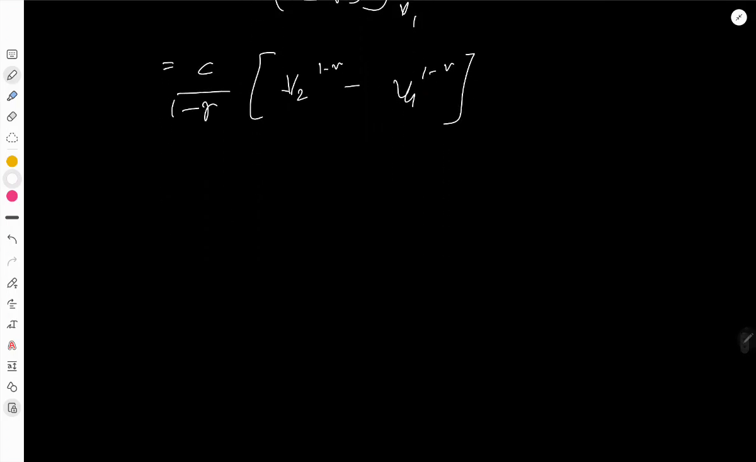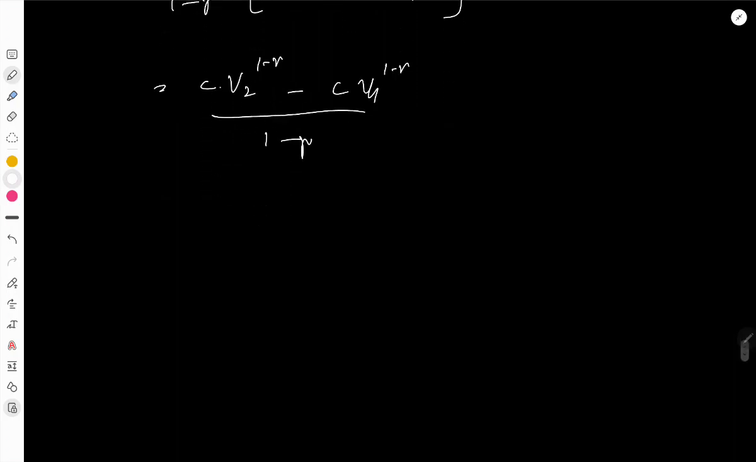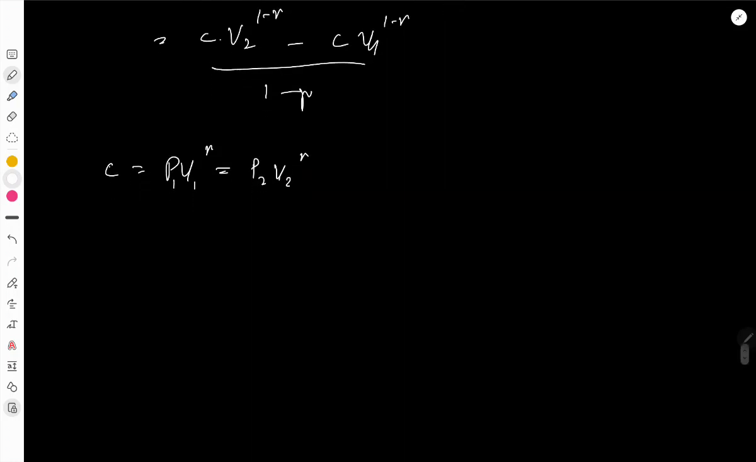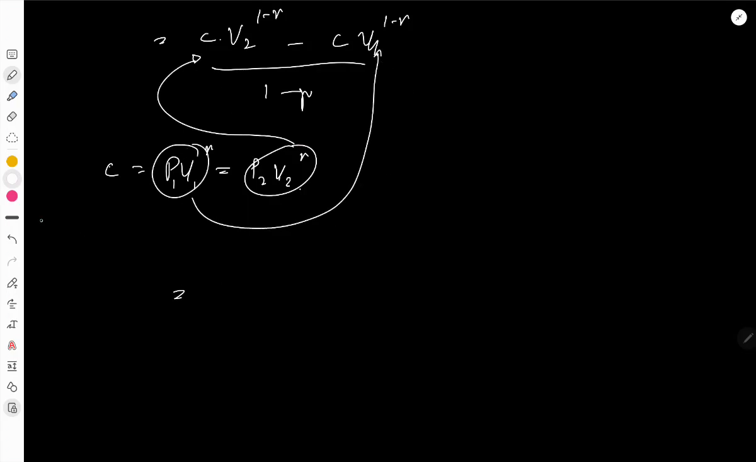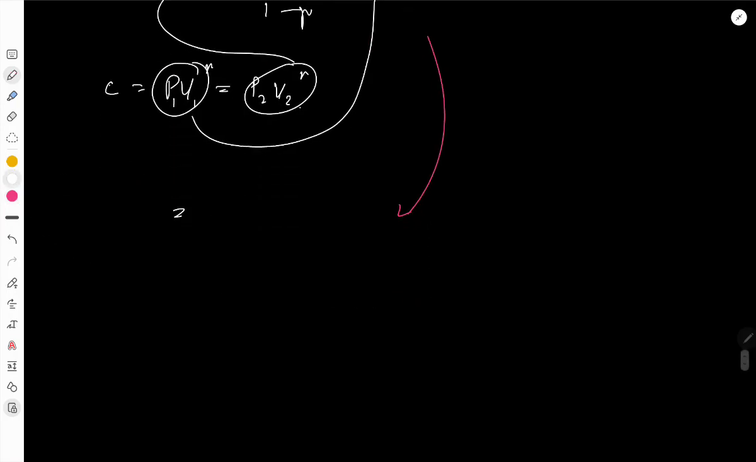So now let us remove this constant C, and for that let us first use our equation: C V2 to the power 1 minus gamma minus C V1 to the power 1 minus gamma upon 1 minus gamma. And now how can we eliminate our C? We know C equals PV to the power gamma, which can be written as P1 V1 to the power gamma or P2 V2 to the power gamma. So I am writing C as P2 V2 to the power gamma in this substitution, and P1 V1 to the power gamma in this substitution over here. And now we get our equation again as